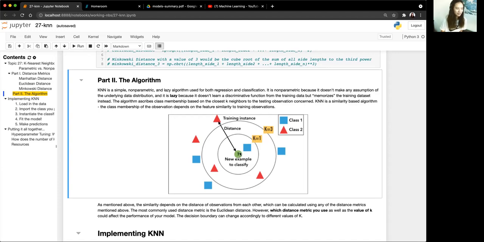So first, let me explain what this diagram is saying. You have K equal to 1. When you say K equal 1, it means you're going to consider your 1 nearest neighbor. In this scenario, the 1 nearest neighbor to the green circle is this blue square over here. And so based on that, you're going to classify the green circle as a blue square because the point closest to the green circle is a blue square. And because these distances and where these are placed in this diagram are based on feature similarity, we can make